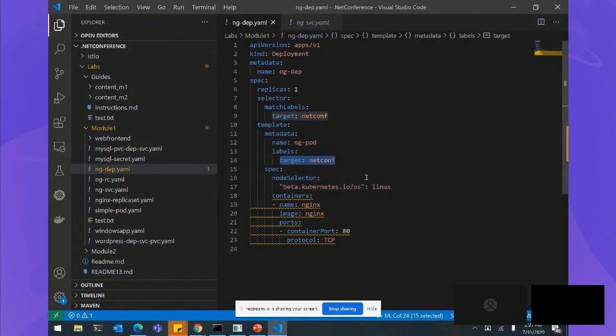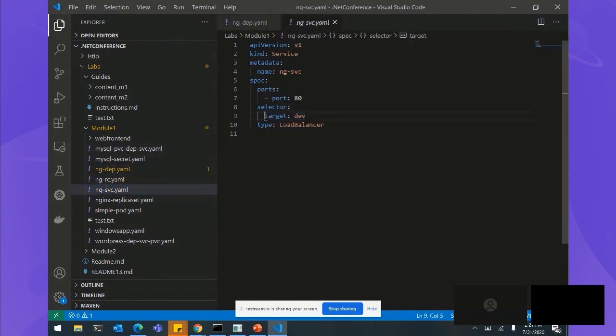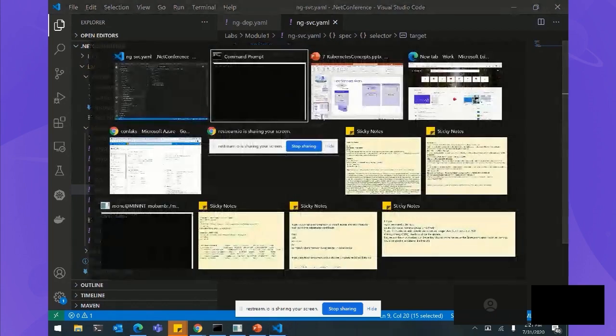So we're going to go to our service, and we're going to now select based on that label, right? What that means now, when this service is running, it's going to get hooked up to those pods, because when you deploy the pods with those labels, they get set up like that. So now we have a target at conf, and now I can go ahead and say kubectl apply,